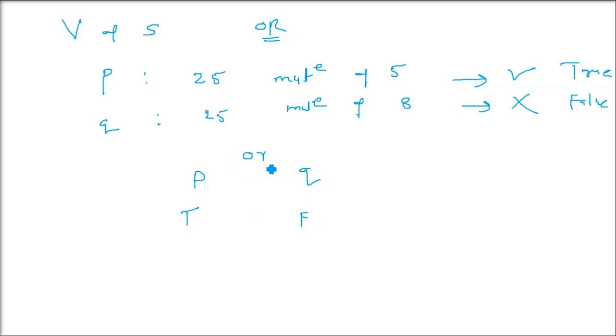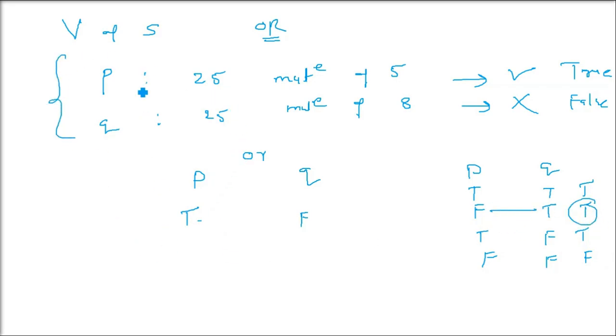Now let us come to P and Q and check the validity with or. So if P is true and Q is false, what will be the table? Because or gives true for all cases except when both are false. So even if one is true or both are true, or will always give you true, otherwise false. Means when both are false, it will give false. For this case, we have true and false. It's going to give you true. So the validity of the same statement using and was false. And the validity of the same example with an or statement, it's a valid statement. It's true.